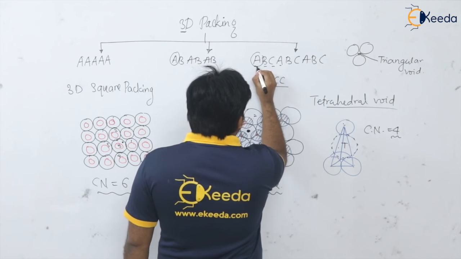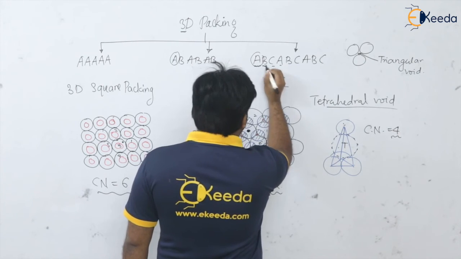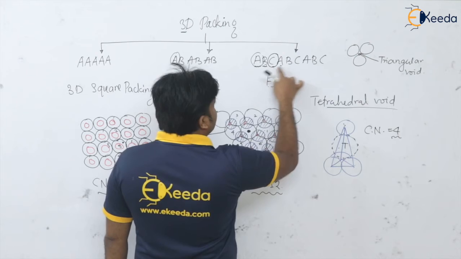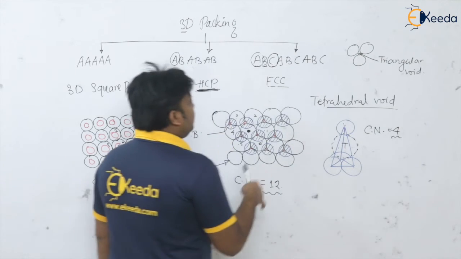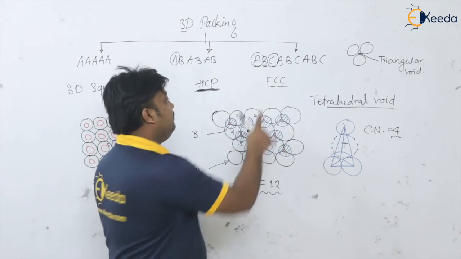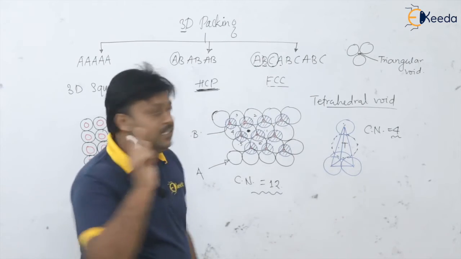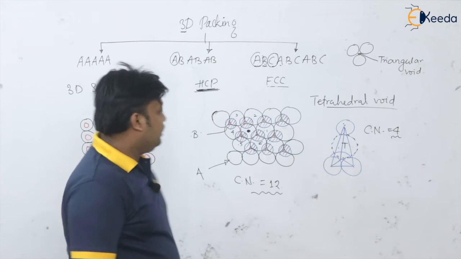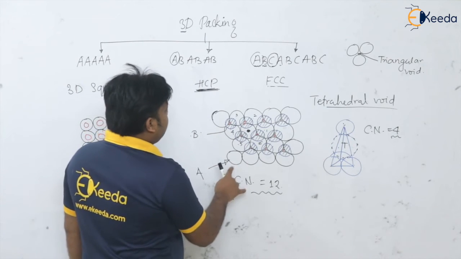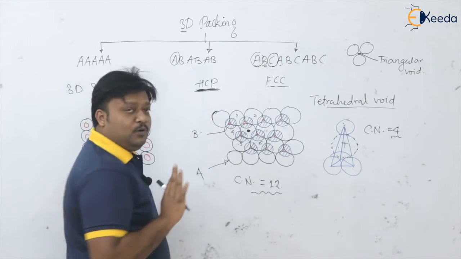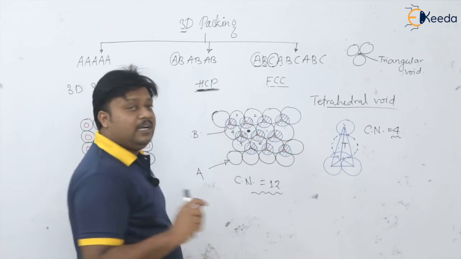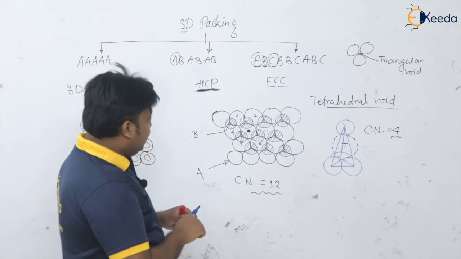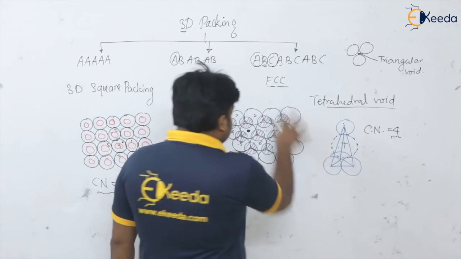Now see, we have got here layer A, layer B. Now if you add layer C here, then this structure is ready for the face centered cubic structure with the sequence ABC, ABC, ABC. So here A layer is already there, B layer we have already plotted. Now we have to see the C layer. So see here in this diagram,